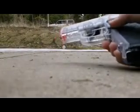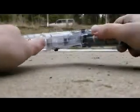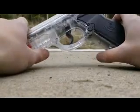It's a review of the Crosman C11 CO2 pistol. So, the price usually ranges anywhere between 30, 40, 45 bucks maybe. As